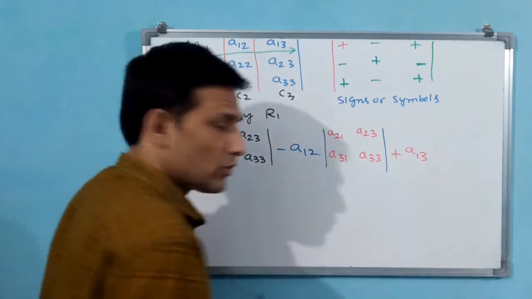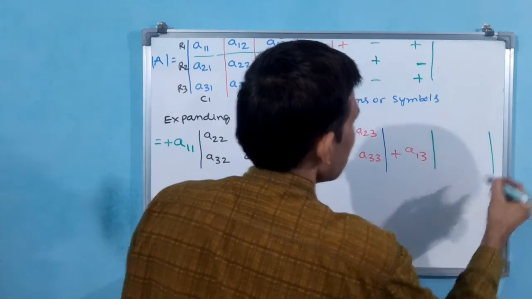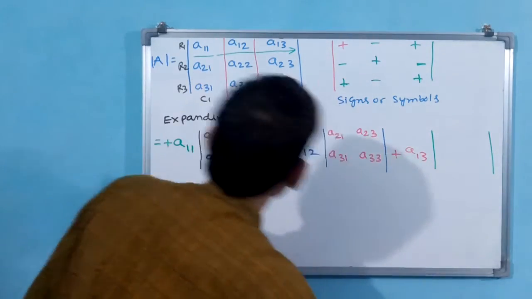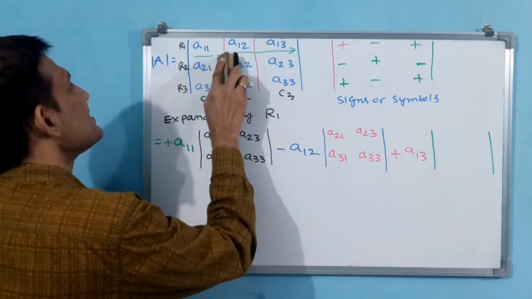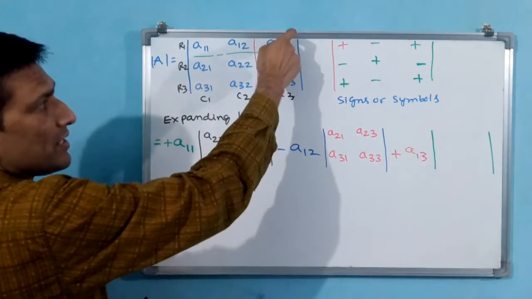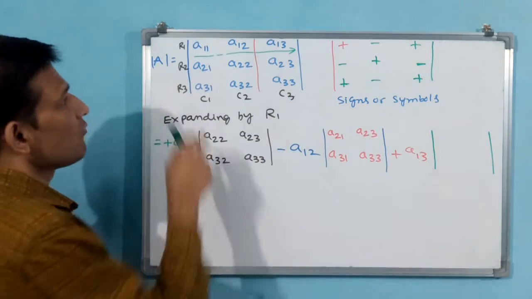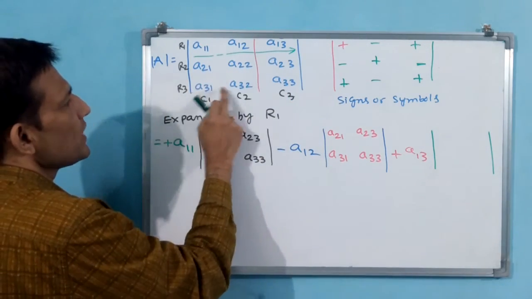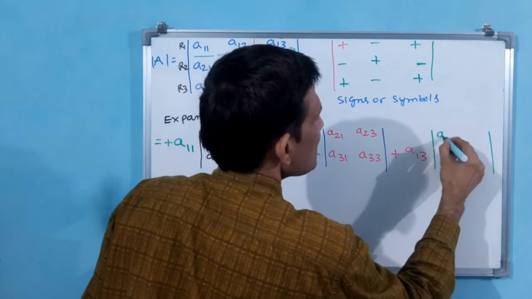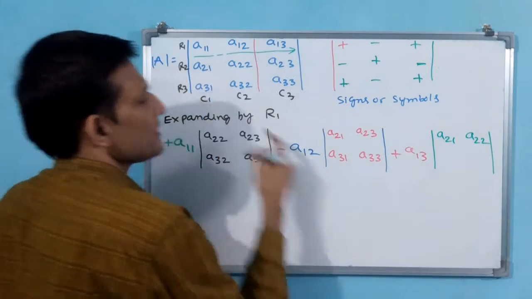Now you write a determinant also, the determinant elements also here. What are the elements now? You see, just you remove this. See, A13 row and the column you have closed. Then what is left? A21, A22, A31, A32 are left. That you write: A21, A22, A31, A32.